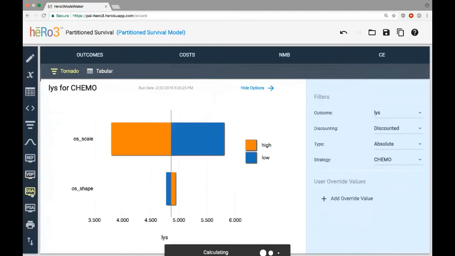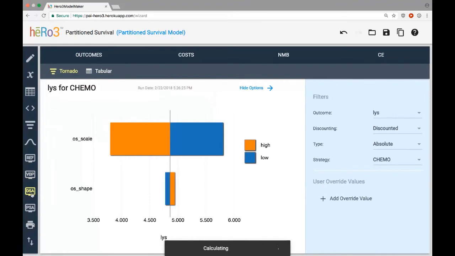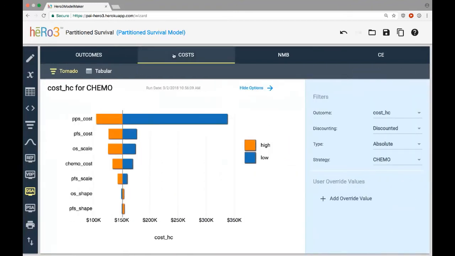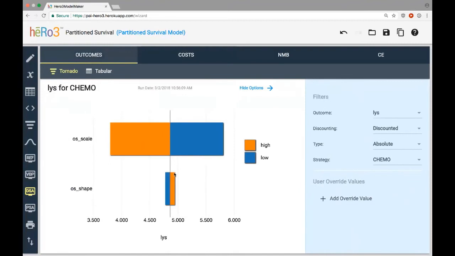And then after VBP, we have our DSA analysis. And so in this DSA analysis, we've defined on another page a set of parameters that we're varying, as well as the range over which we're varying them. And we have tornado plots for outcomes, for costs, and you'll note here, in the outcomes tornado plot, there's only 2 entries, and that's because of the things that we're varying, only 2 of them actually affect life years. And so this will automatically pull out any parameters which have no effect on the output of interest.